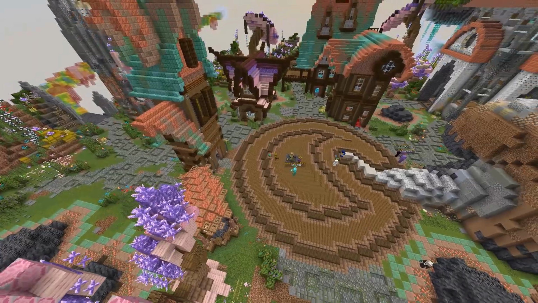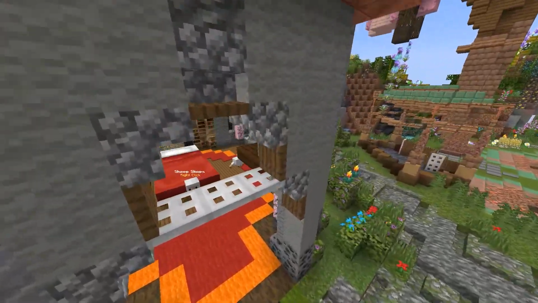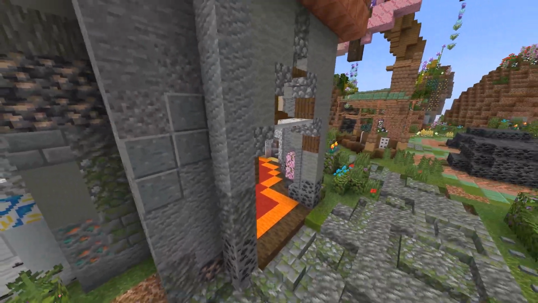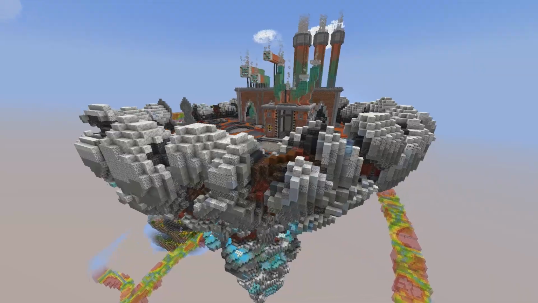For what there is to do here in World 3, well, there is a lot to do, like a lot to do. So I'm just going to go over the basics. The main gimmick of this world is all of the new stuff is on these surrounding islands. Like we got the Mining Island,